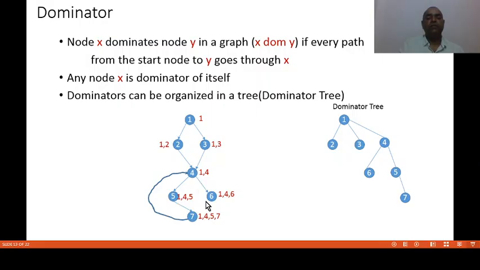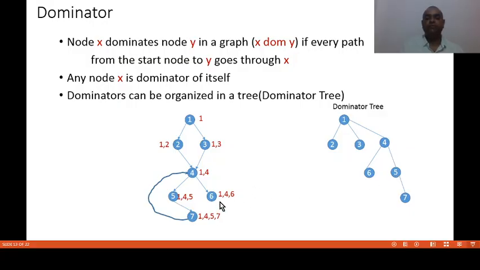Now, for 5 and 6, you can say the dominators of 5 are 1 and 4, and it is itself here. The 1 and 4. It means what? The immediate dominator of 5 is what? 4. So 5 is connected to 4. The dominators of 5 become what? Now you can traverse the tree only from the 5: 5 itself, then 4, then 1. The dominators of 5 are 1, 4, 5.